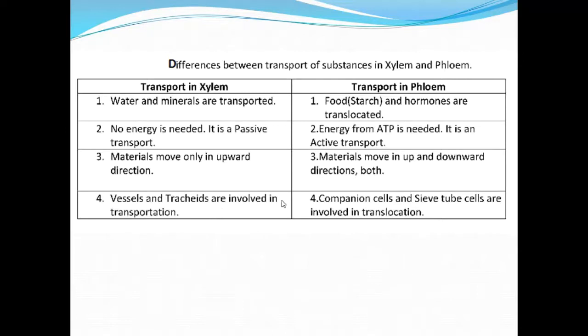And in case of phloem, what I can say is, phloem transports food, no doubt, but it also transports many other substances like your amino acids, hormones, which are synthesized in the shoot tips and root tips, and other metabolites as well. So unlike ascent of sap, which is largely due to the physical forces, translocation in phloem is achieved only by utilizing energy.